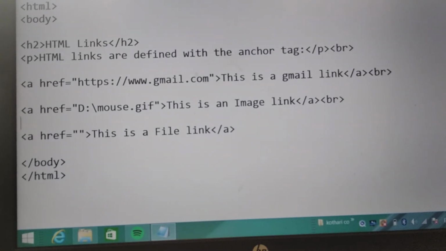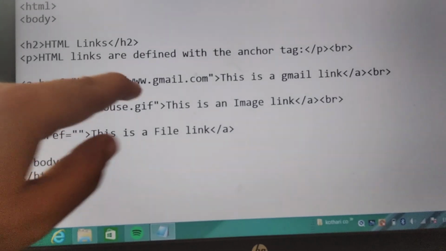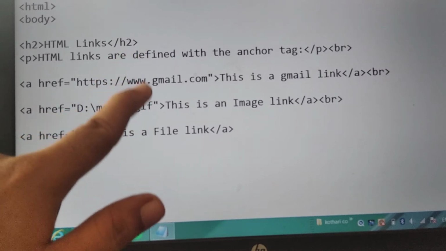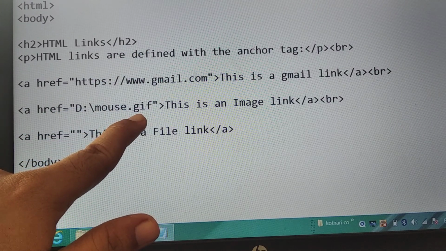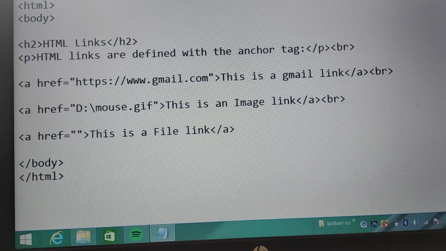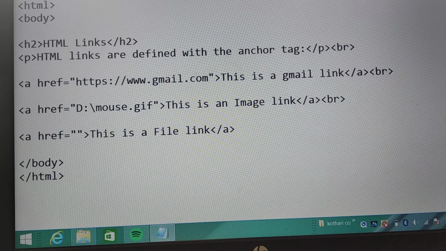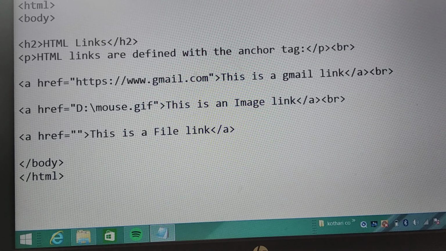In the image tag, we learned img src is equal to path. That was the path there. And you already know GIF, JPEG and JPG. These are the syntax related with the image.